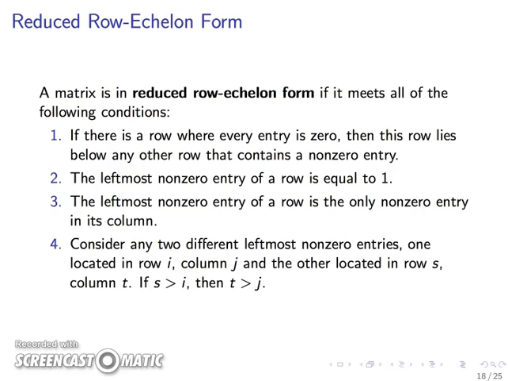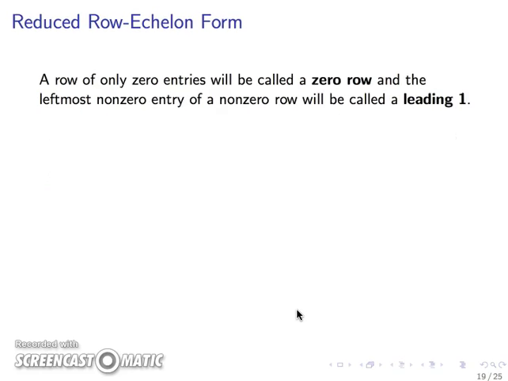Okay, and if we consider any two different leftmost non-zero entries, one located in row I, column J, and the other one located in row S, column T, then, well, you can read this, but I'll give you a few seconds for you to process this. This type of thing, when you read it, seems a little mathy and complex, but in practice is nothing to worry about. Okay, let me